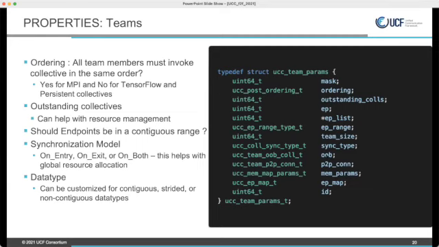OOB. So typically when you want to wire up the team, you need a way to communicate. And if you are working in a programming model, another programming model, right? Typically there is a way to communicate, and we want to leverage that to build a collective team. And the P2P connection provides a way to map shared resources between the point-to-point and collectives library.